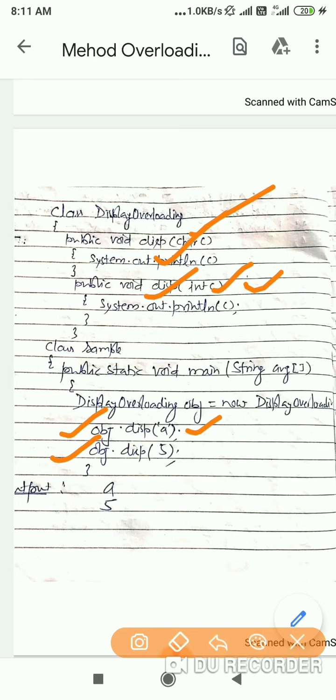The output of this example is: first we put a character value, then this method outputs the character, and we put an integer value, then this method outputs the integer value.